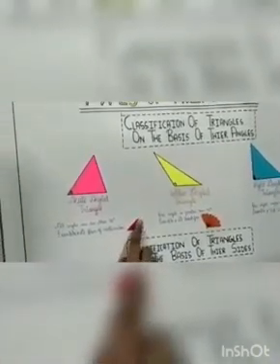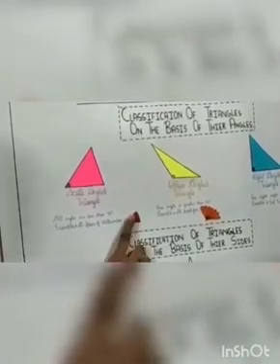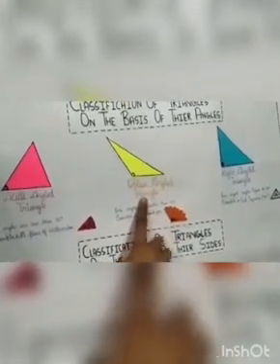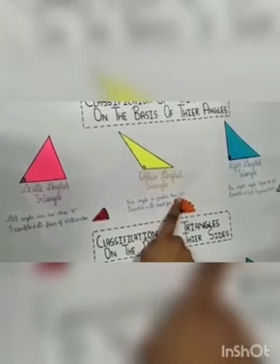For example, a piece of watermelon. If we keep a piece of watermelon like this, then it forms an acute angle. Obtuse angle triangle. In obtuse angle triangle, only one angle is greater than 90 degree. Another 2 angles are not greater than 90 degree. For example, an open hand fan. This is an open hand fan. If we keep this open hand fan like this, then it forms an obtuse angle.